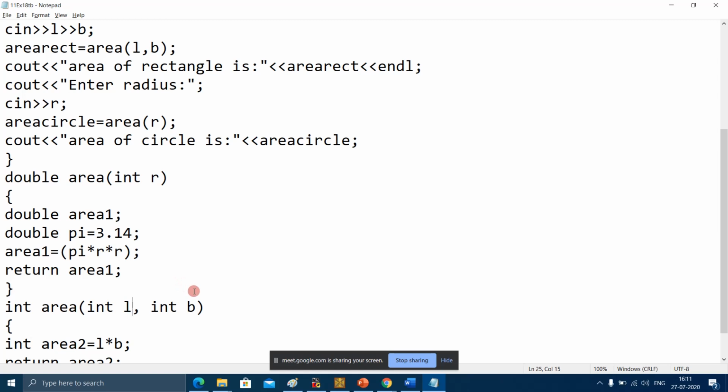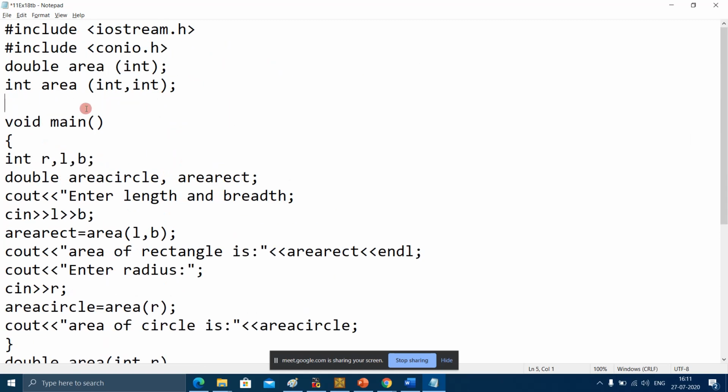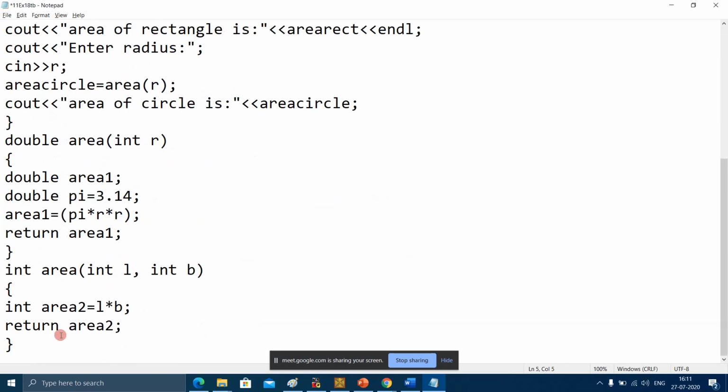How? If you remember scope of a variable, global variable and local variable, which we studied in 11th. If I am declaring a variable outside any function, for example, int z;, then this z variable is global to the entire program.